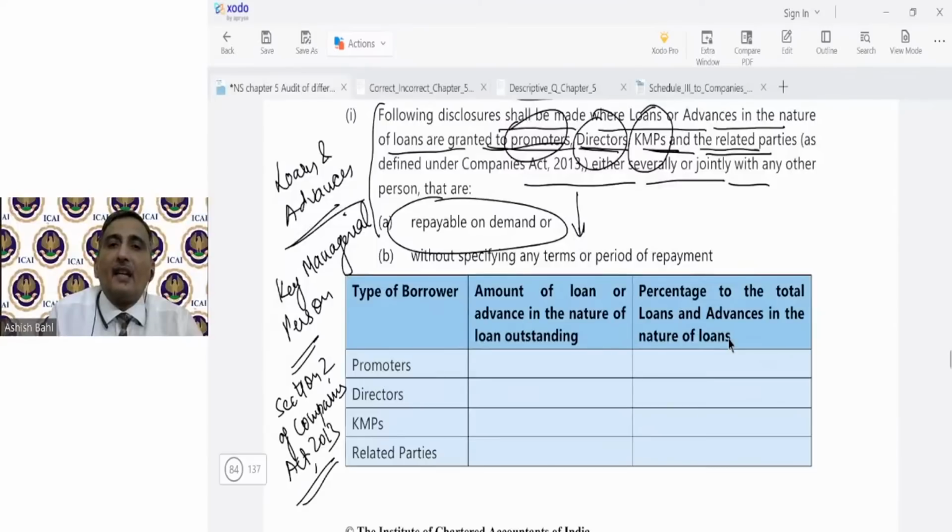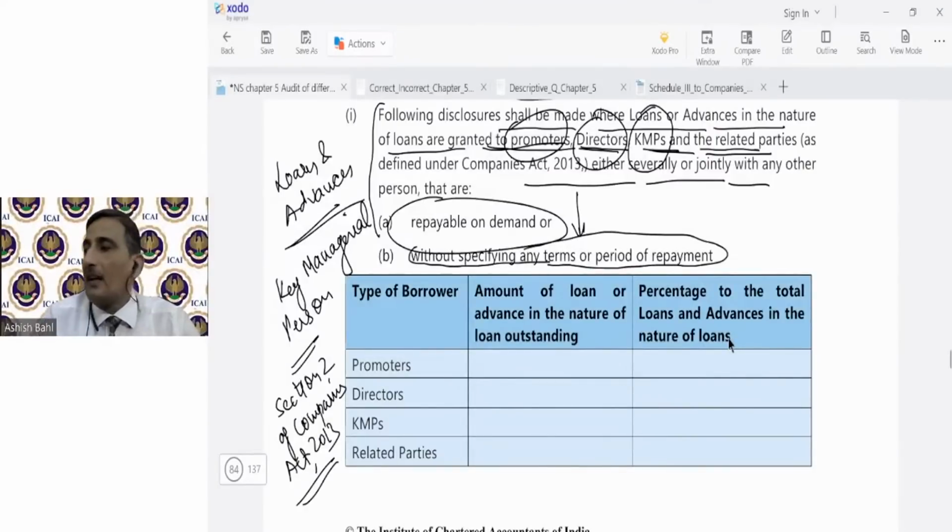So if such loan has been granted which is repayable on demand or without specifying any terms or period of repayment, so when no terms of repayment are specified, these in fact mean that these are repayable on demand. So such type of disclosure is to be given in respect of such loans and advances. So amount of loan or advance in the nature of loan outstanding and percentage to the total loan and advances in the nature